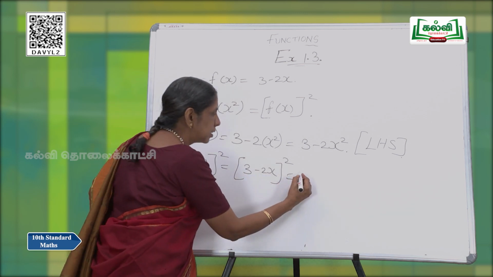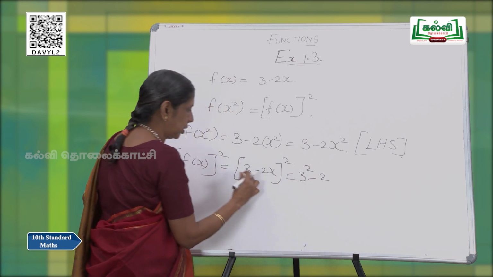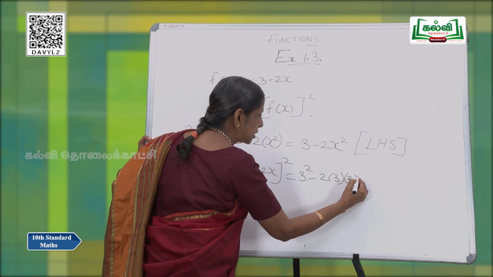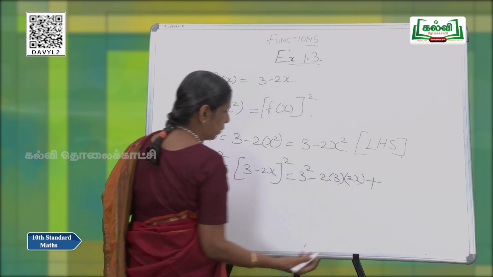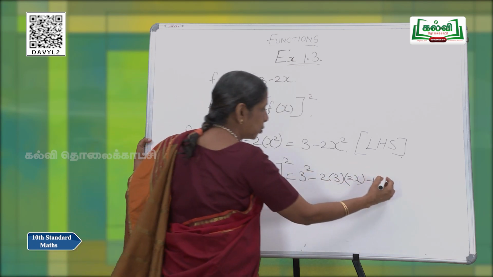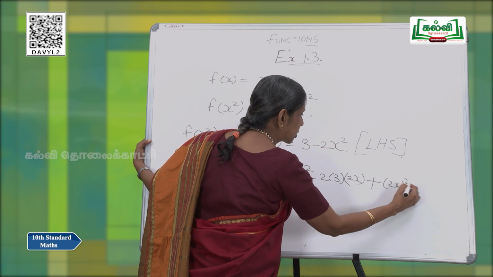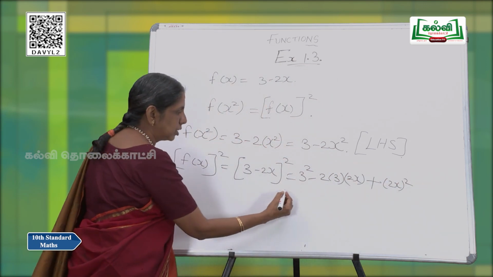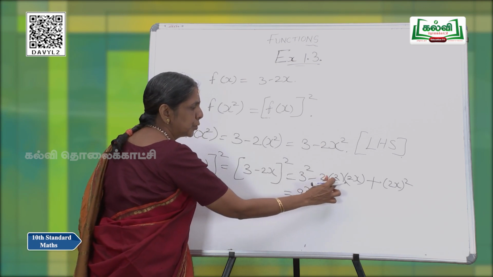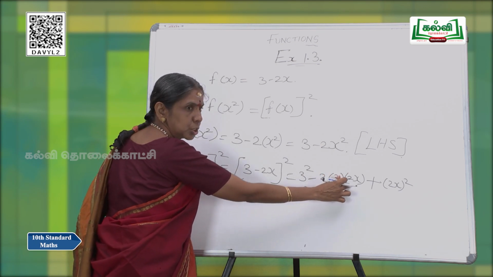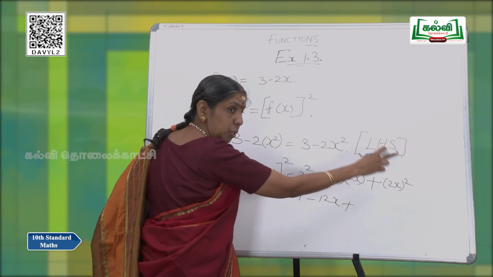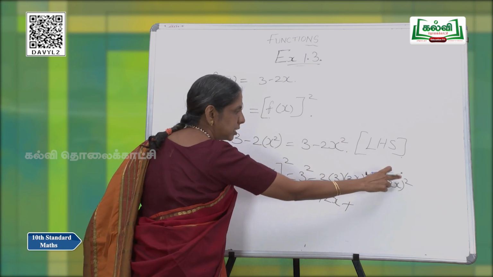So, this will be 3 squared minus 2 times 3 times 2x plus b squared, which is 2x the whole squared. Again here it is 2x the whole squared, it is not 2x squared, you have to read it as 2x the whole squared. So, what happens here? The value 3 squared is 9, 2 into 3 into 2 is 12, minus 12x plus 2x the whole squared means 2 into 2 into x into x, that is